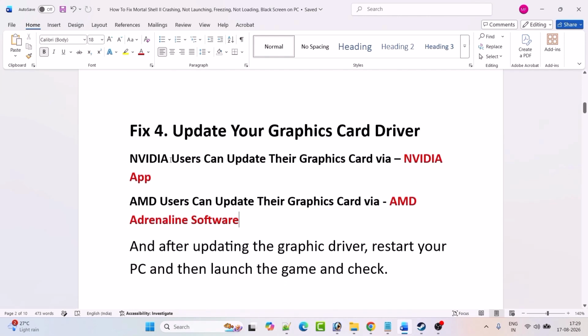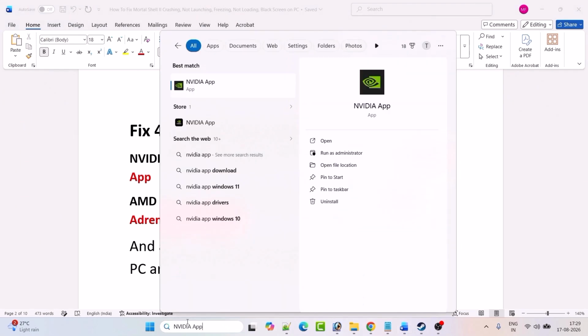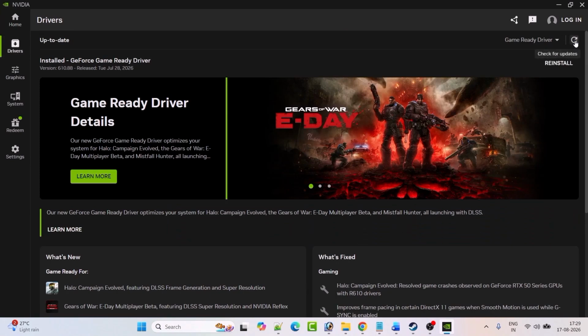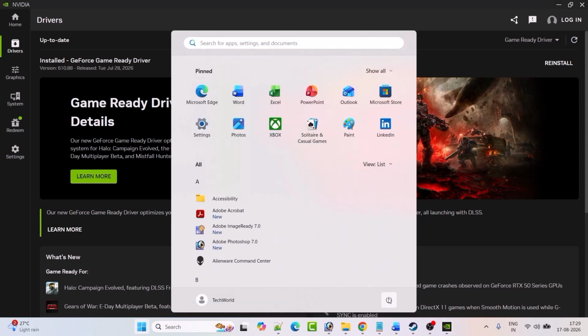Fix 4 is to update your graphics card driver. So NVIDIA users, in Windows search type NVIDIA app and open the NVIDIA app. Then go to the driver section and click on check for updates. And if there are any updates available, then you will see the download button over here. Click on download and install it. And after updating your graphics card driver, just restart your PC and then you can go ahead, launch the game